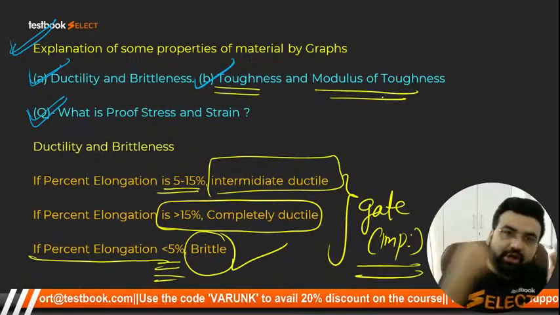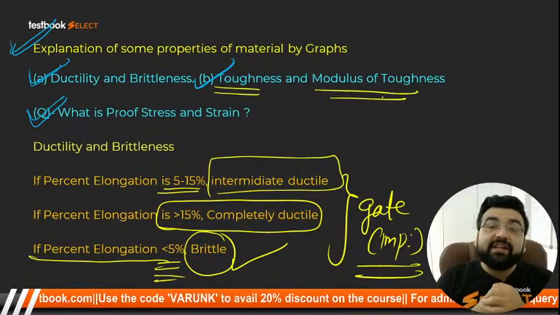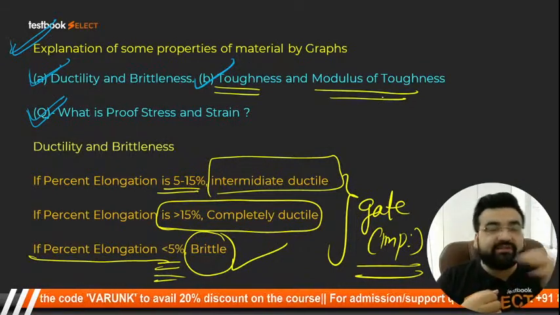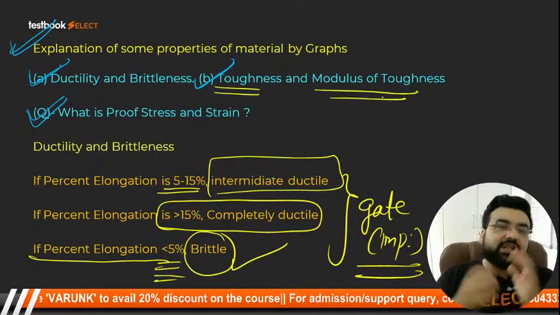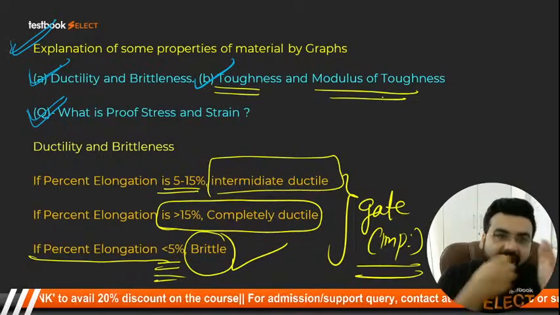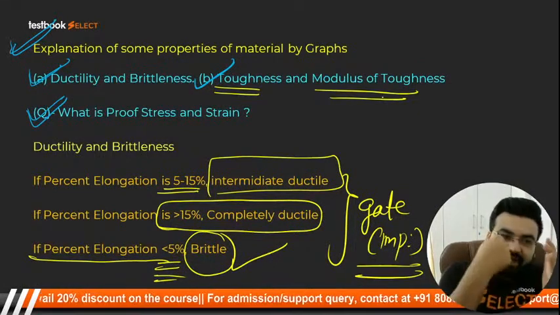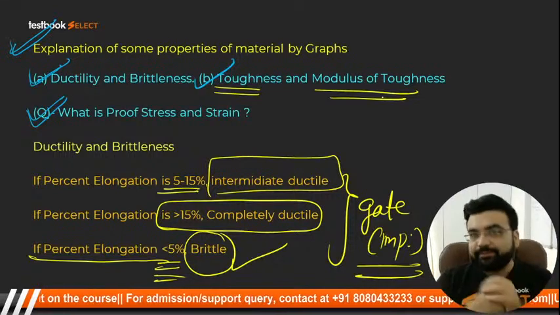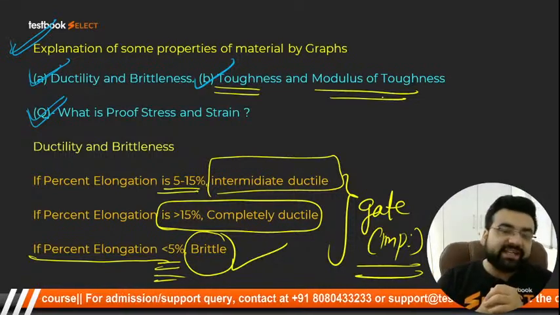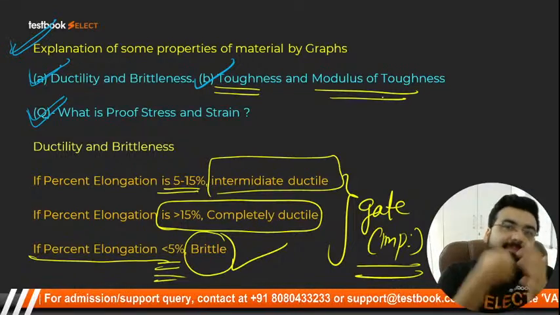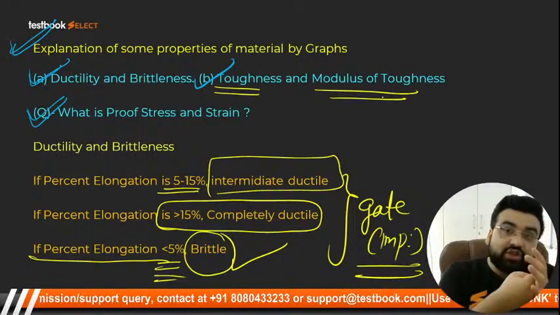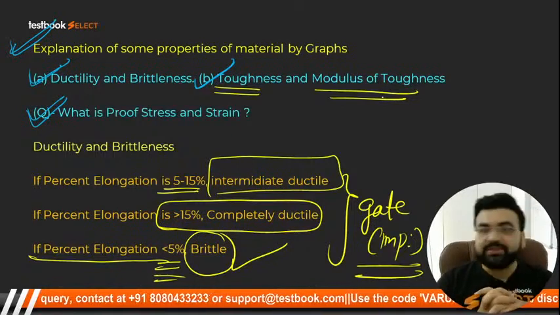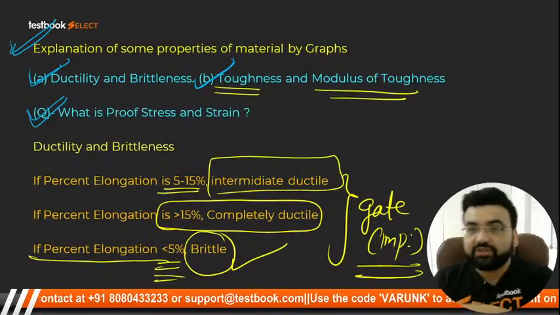If you punch your friend and your friend doesn't move at all, what will you say? यार तू तो बड़ा टफ है, you are very tough man. Clear? Now, toughness stands for how much energy a particular material can absorb before failing. Or I can say how much energy a particular material can absorb per unit volume. That is what is called as the toughness. Clear?